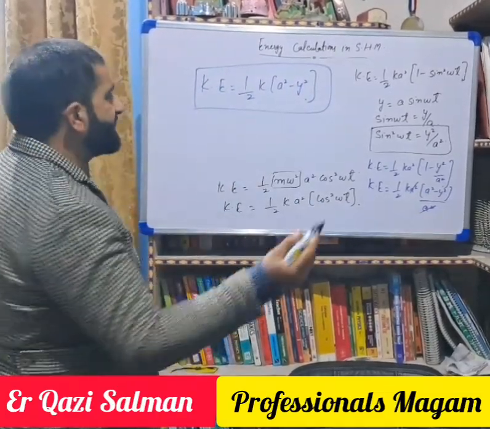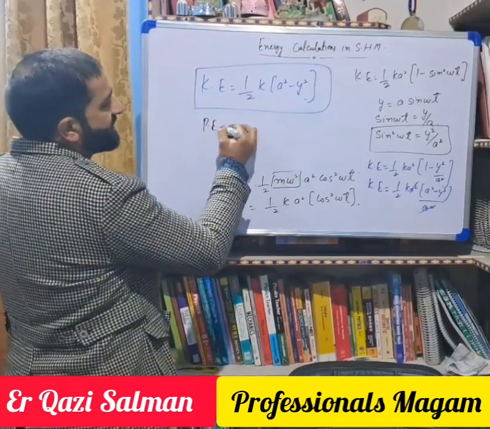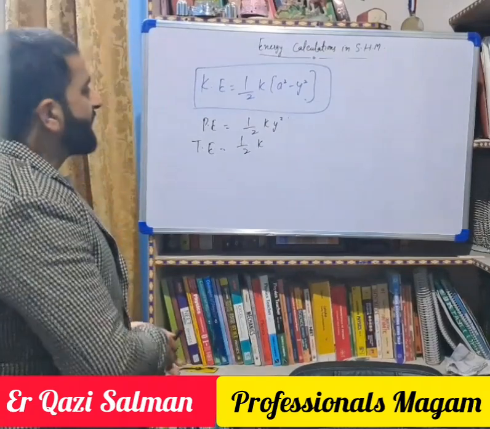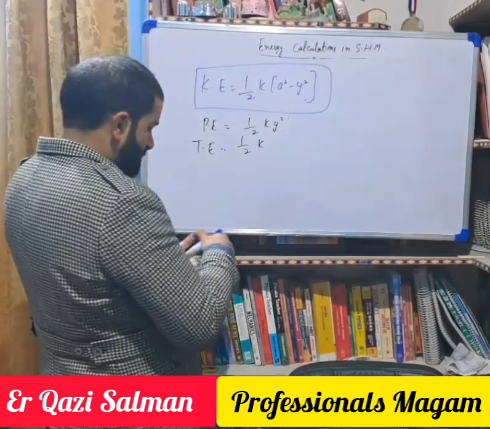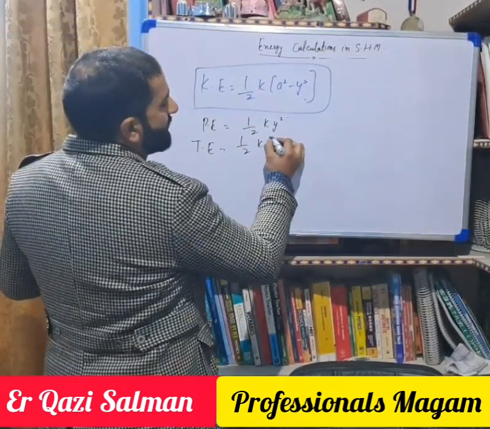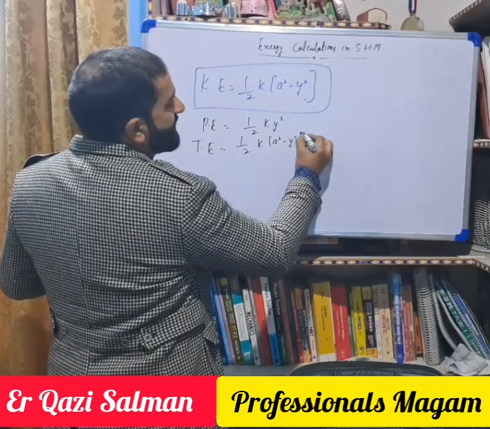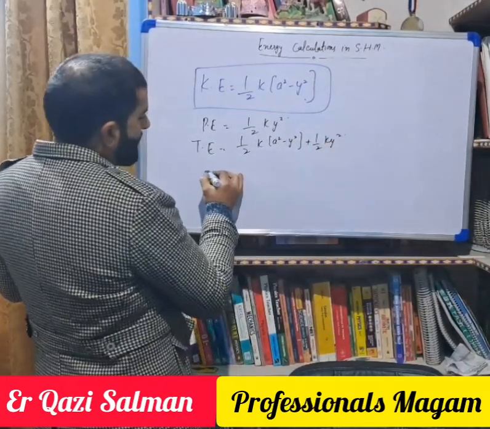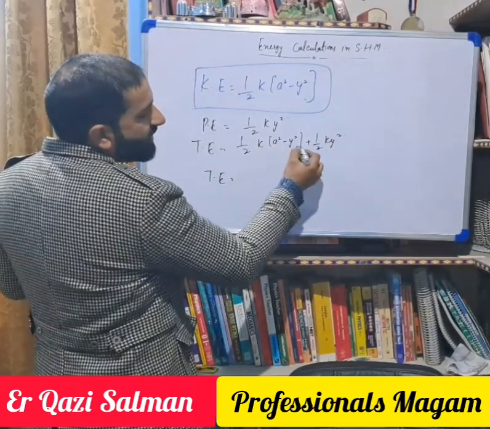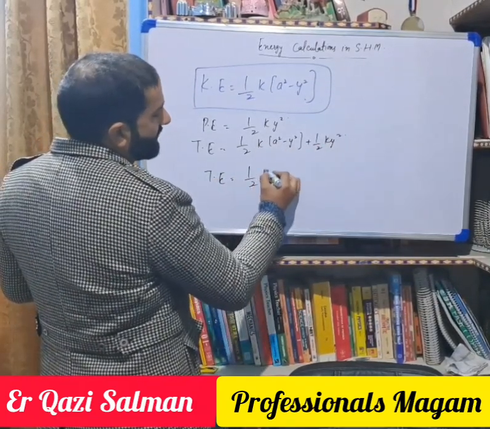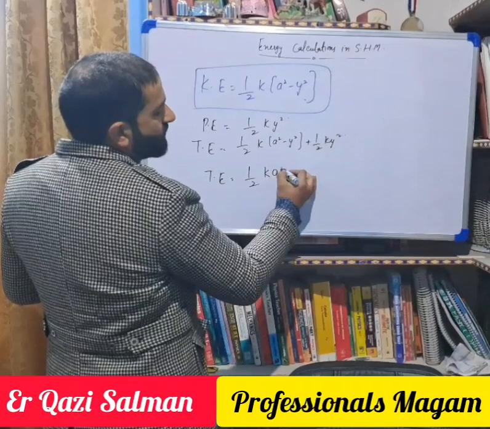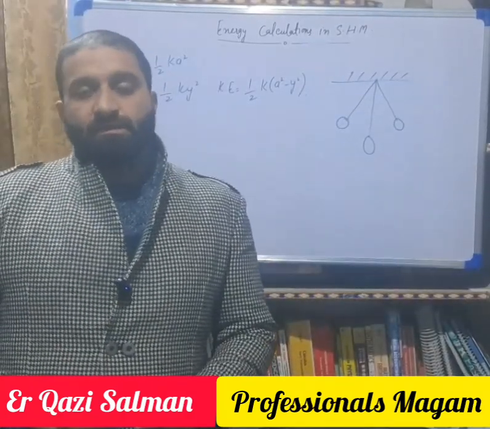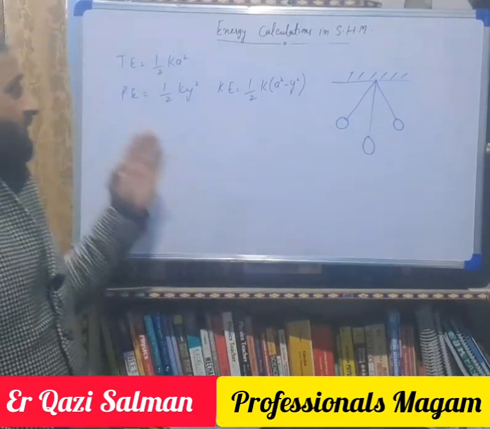Now, as already discussed, potential energy equals 1/2 K y². So the total energy will be equal to the addition of the two: 1/2 K (A² − y²) plus 1/2 K y². Now simplifying, 1/2 K y² and 1/2 K y² cancel, and total energy will be equal to 1/2 K A². Talking about the physical significance of the equations of energy, total energy is equal to 1/2 K A²,